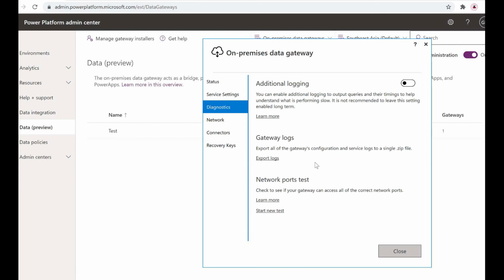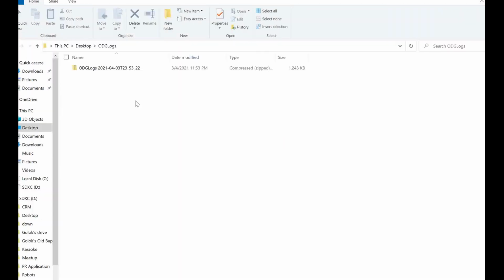Here we can enable additional logging if we need to understand any issues. And for gateway logs, we can export the logs. On click of this we can export the logs, and you can see it's exported the logs.